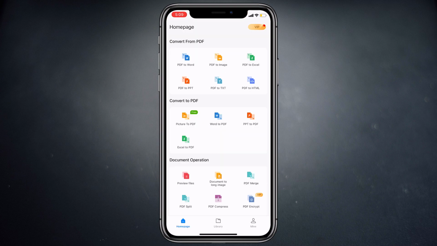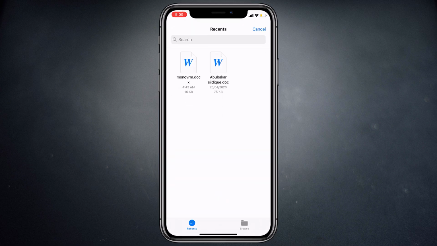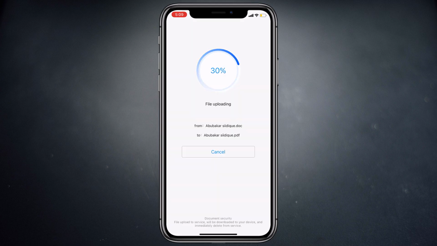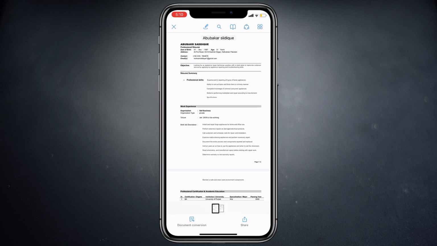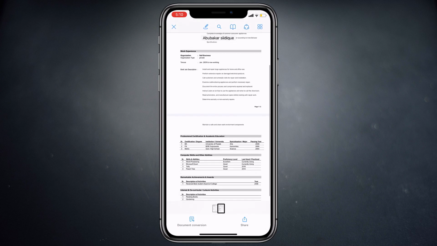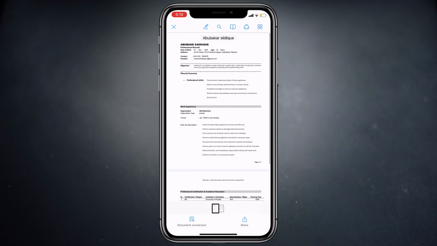If you want to convert Word to PDF, you can do that as well. So tap on this. You can select any document that you want. And it's done. You can also rename this and you can preview it. In the PDF, you can also mark up a couple of things.